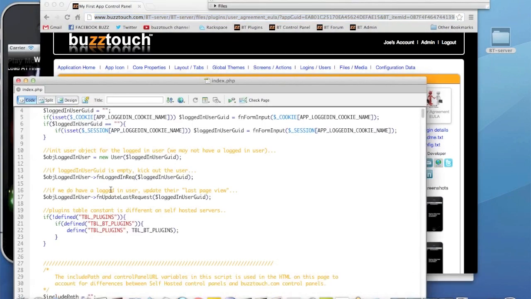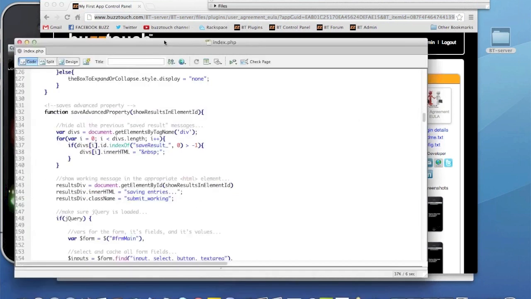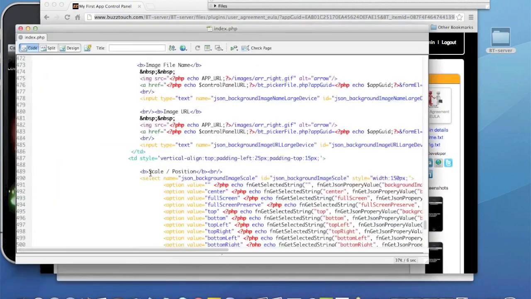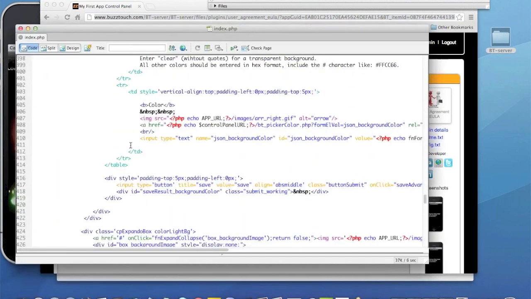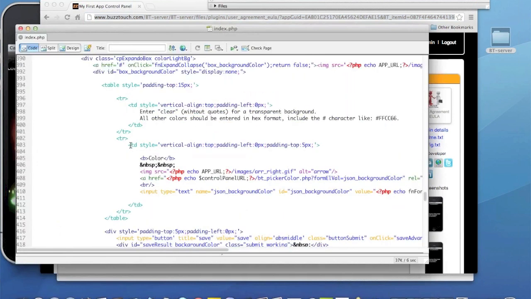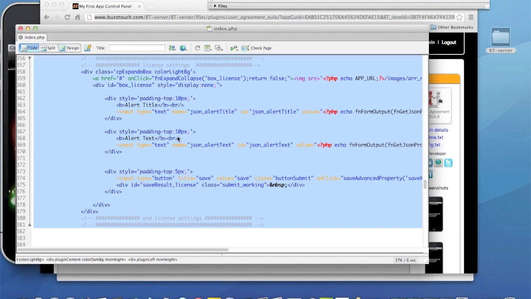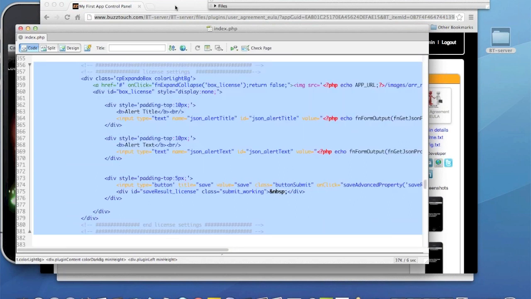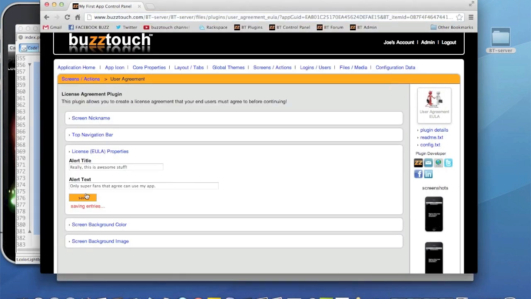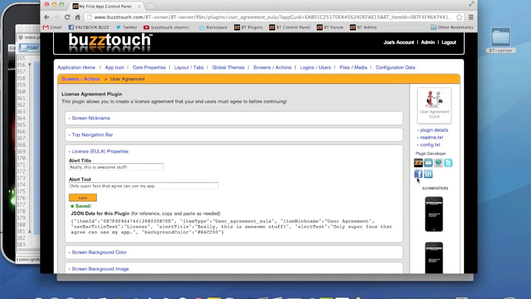We were copying and pasting these sections of code right here, like the license agreement settings. We entered this, we pasted that in. And then when we hit refresh, we got it here and wired it up to the save button and all that kind of stuff. So that is how it works, though, right? So when you hit save,